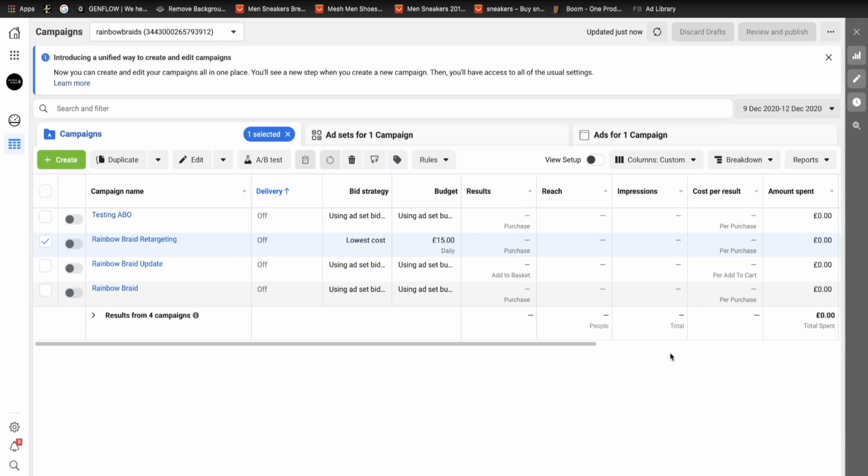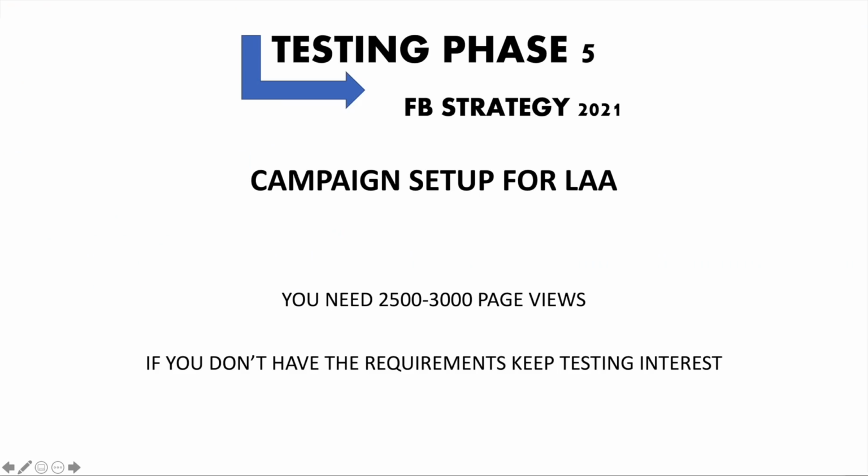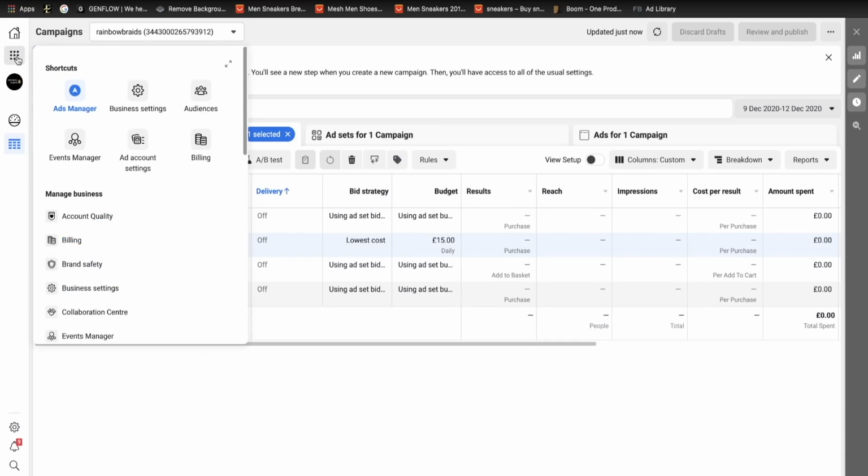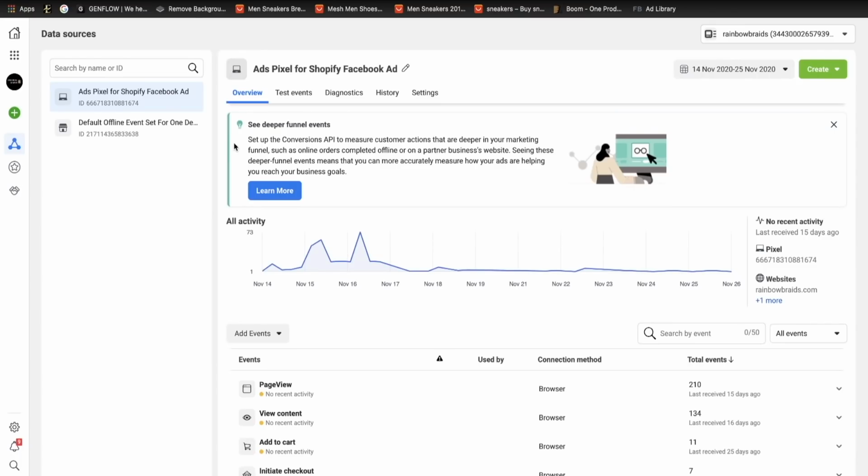And as I was saying to you guys before, if you didn't have a video as your winning creative and I told you to skip past that part, this is the part you should be on now if you skip the video part, which is page view. Now, how you go to page view audiences, you need to go to where it says business tools and you need to go to where it says events manager. Once you click events manager, you should be greeted by this page here, and it should say here page view,